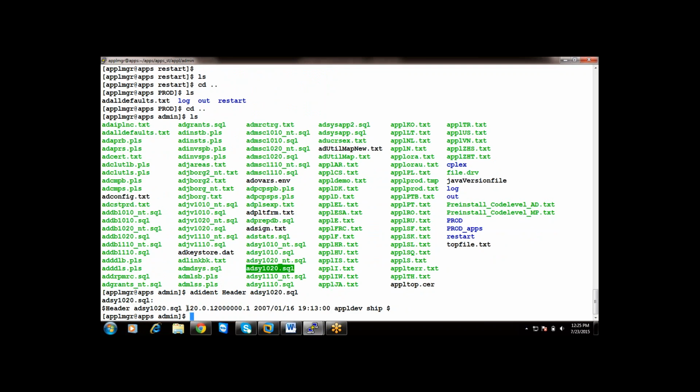What is the version of the file? 120.0. Now you are going to apply a patch which brings a new SQL file with version 120.0.1. Do you think AD patch is going to copy the file?